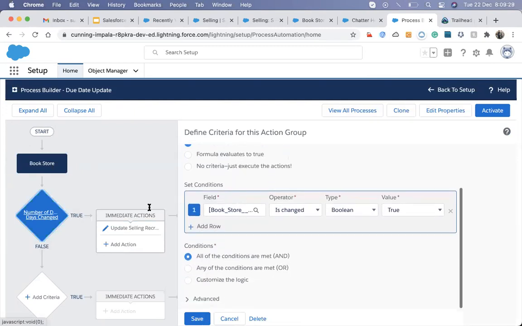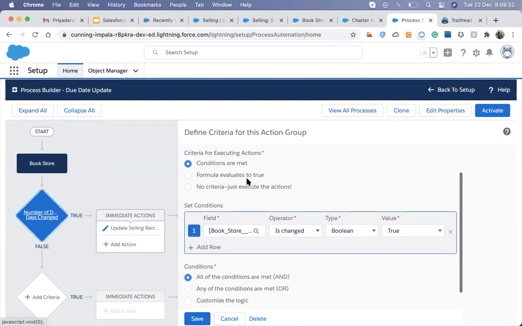So the change I'm going to make is that it will update only those records whose payment is not confirmed, meaning it will change the due dates only of those records whose payment is not confirmed.